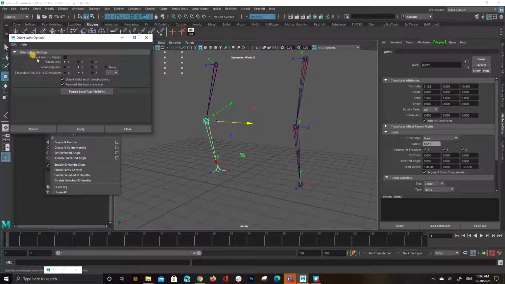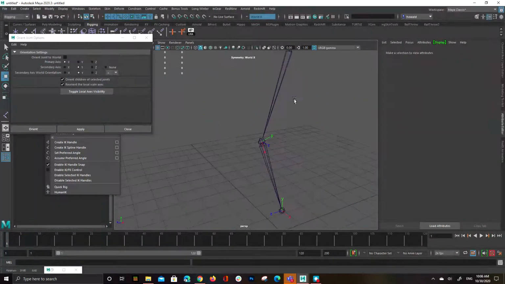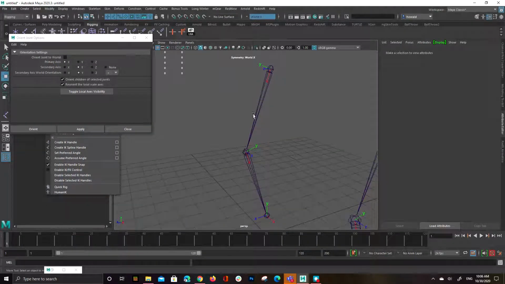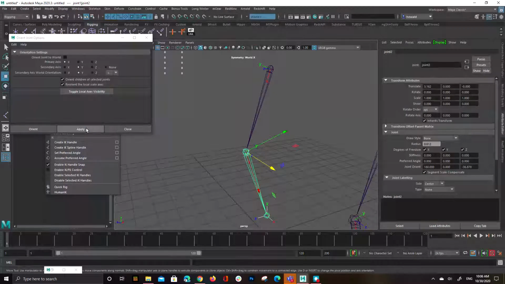And let me just reset this. So typically you have something that looks like this. This is actually probably set up correctly. So primary axis is the axis that's pointing along the joint. So that's the one that's aiming at the next joint. So that's right. So that's the default X. And then secondary axis is the one that we want it pointing up or down from that joint. So in this case, Y is correct. So if I just use the defaults and click apply for this one joint here,